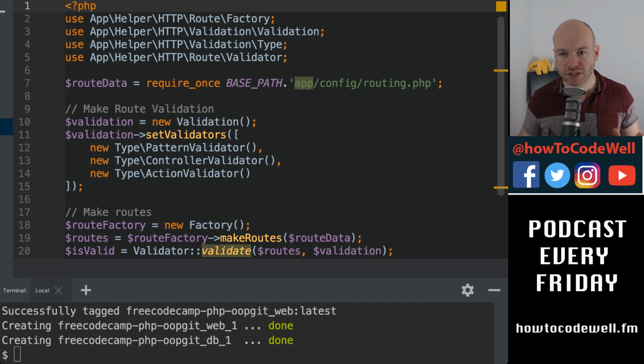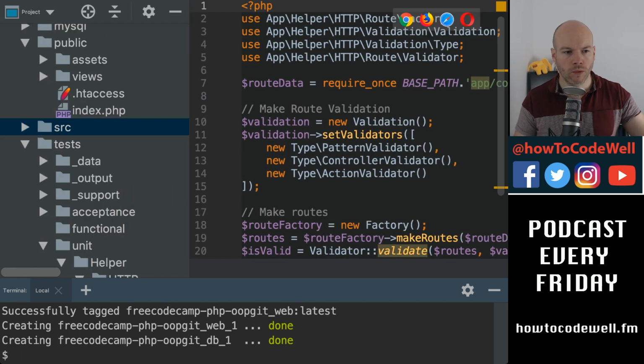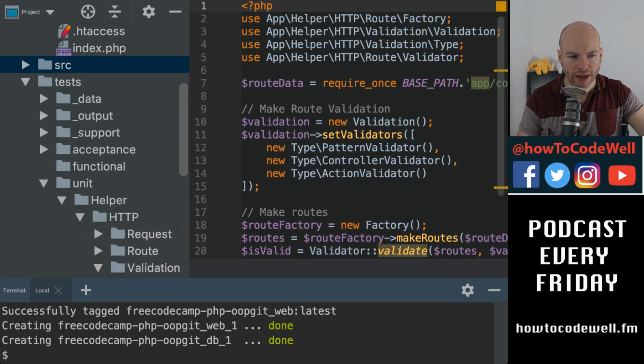So what we're going to do today is we're going to follow on from, I think, Monday, where we left off, where we had the validators in place. And if I just do a little quick recap, if I can find the right screen. So we left it where the